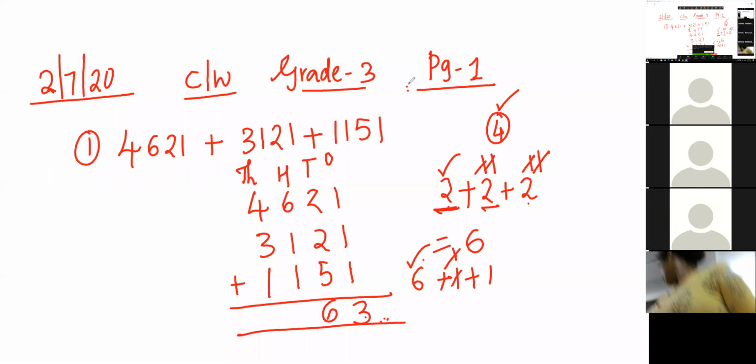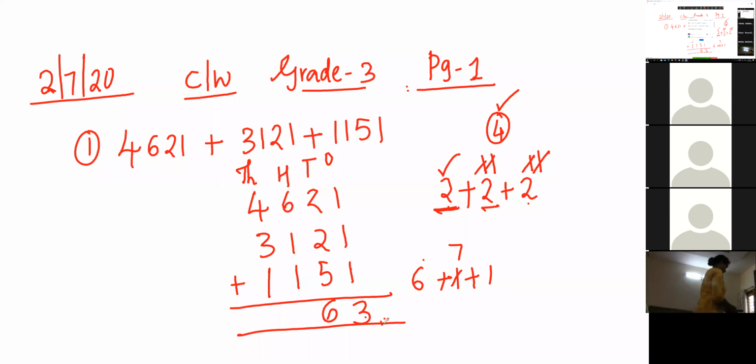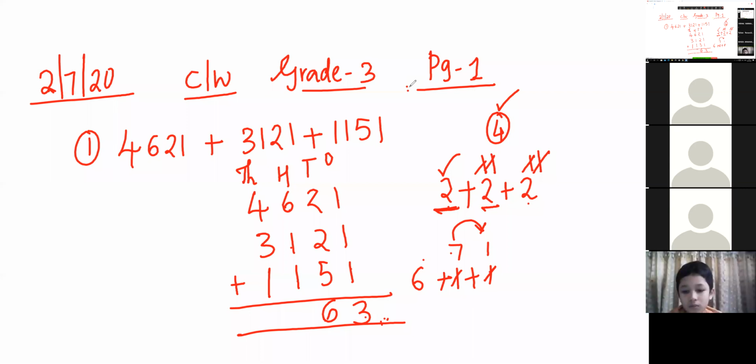Now keep 7 in the mind, again 1 more finger open. 7 after 8. So 6 plus 1 is 7, 7 plus 1 is 8. Now come to the thousands place. What are the numbers you can see in the thousands place? Those are